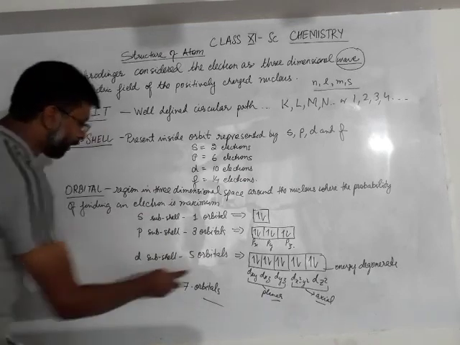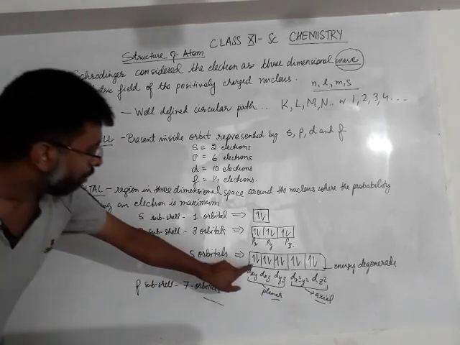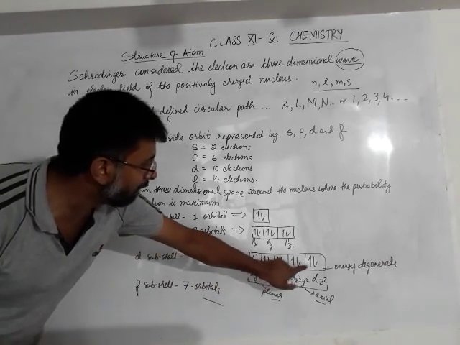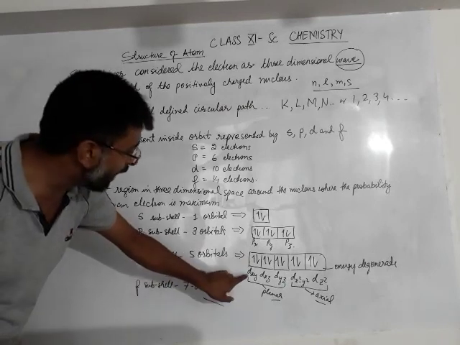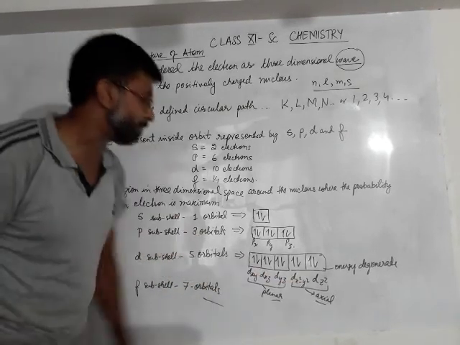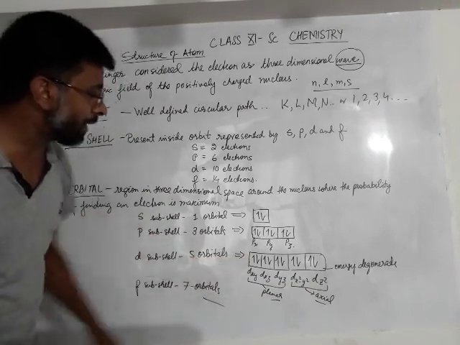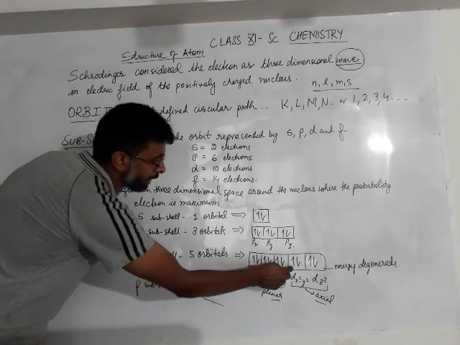Then after that we have the d subshell, which has 5 orbitals: 1, 2, 3, 4 and 5. These 5 orbitals are named dxy, dxz, dyz, dx square minus y square and dz square. Now, each of these d orbitals can accommodate 2 electrons, so that gives a total of